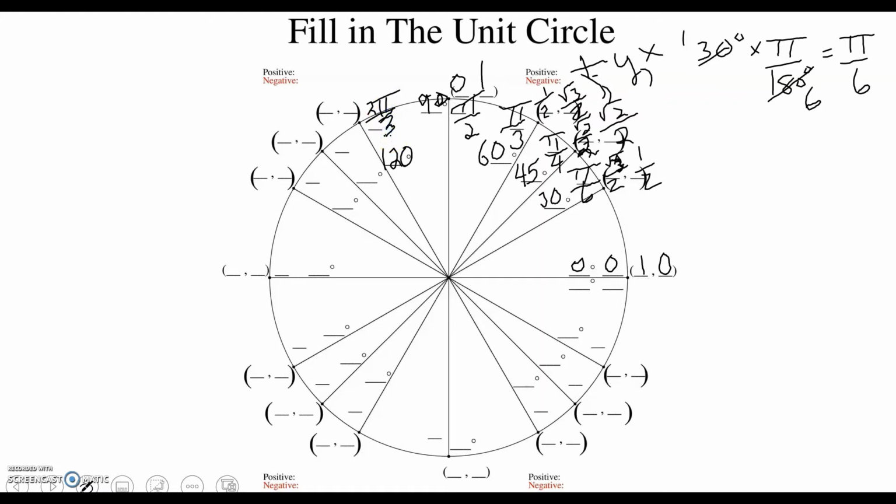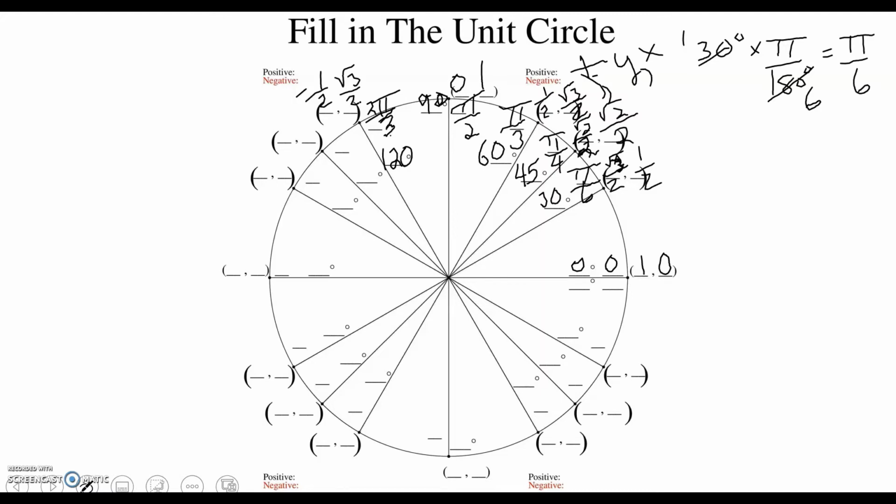2 pi over 3. And then it shares the same coordinate as our 60 degrees. So 1/2, but this time is negative 1/2 and square root of 3 over 2. So those will be the coordinates of that first angle in the second quadrant. And then if you notice between the 30, the 45, and the 60, there is 15 degrees between each of